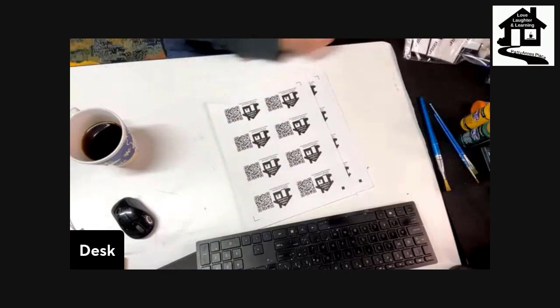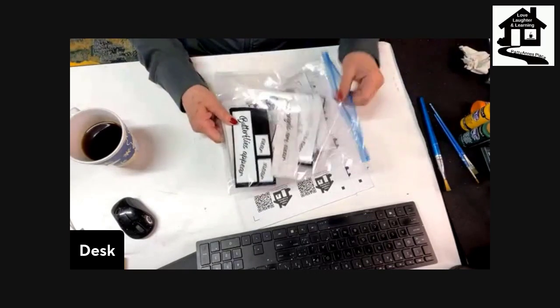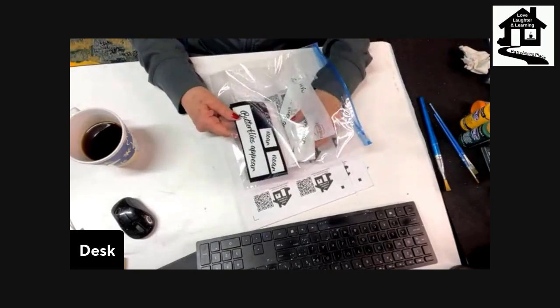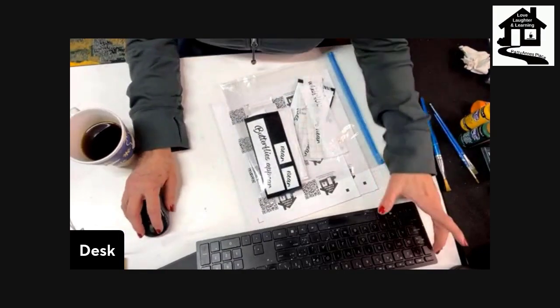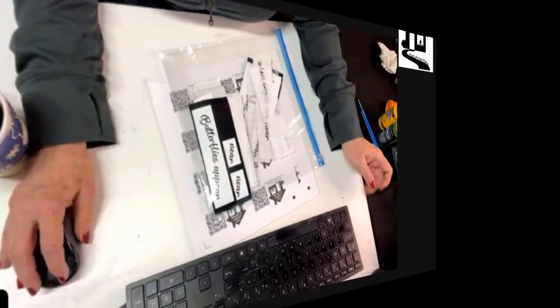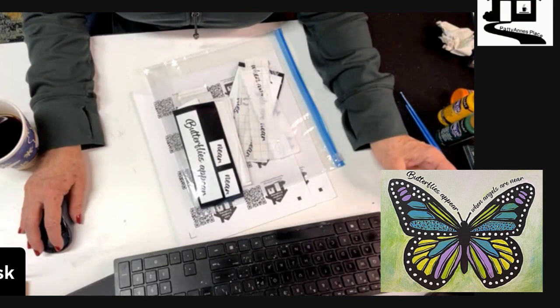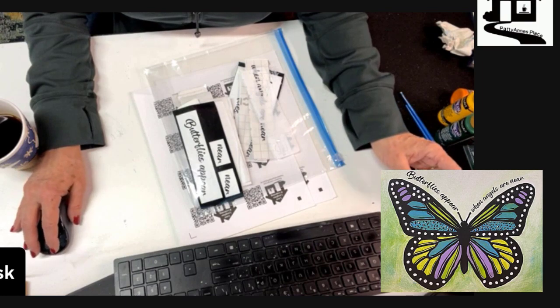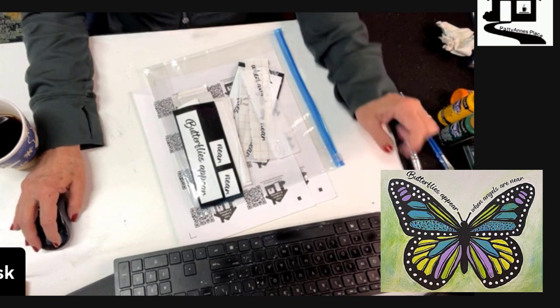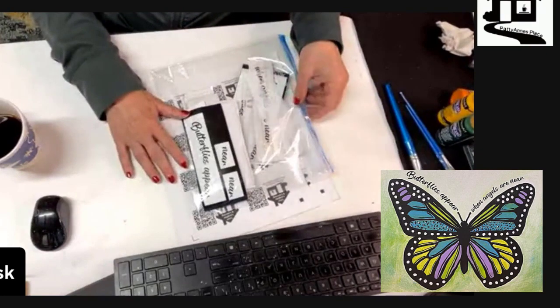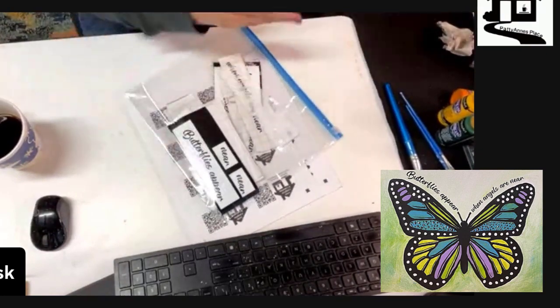The other thing that I did do was, let's see if I can show you a picture of what I'm doing. I don't have them in here, so I won't be able to share that right now, but I'll share it later. Okay, so cancel that. All right, so what I am doing though is on top of this butterfly that they're doing,